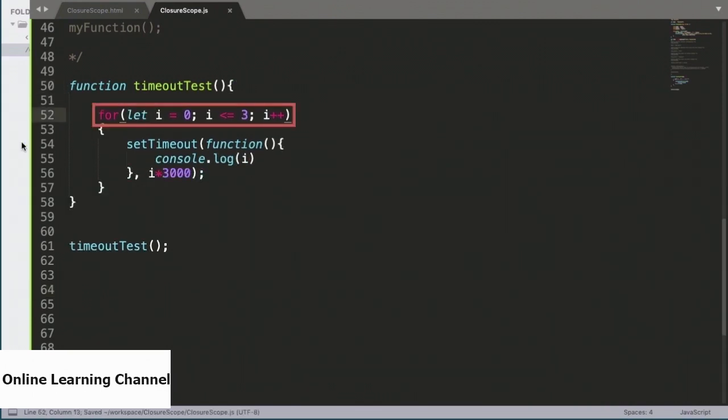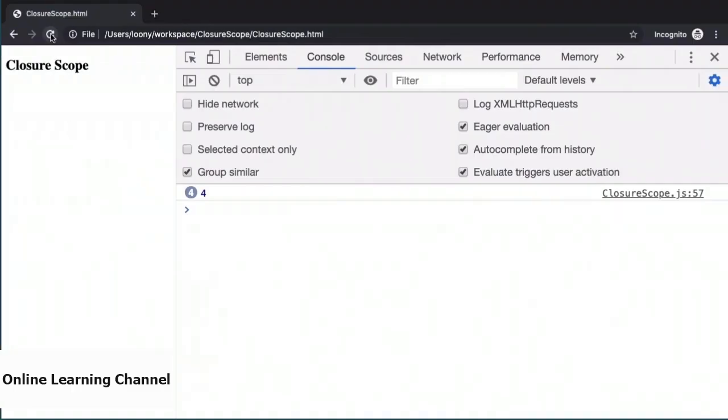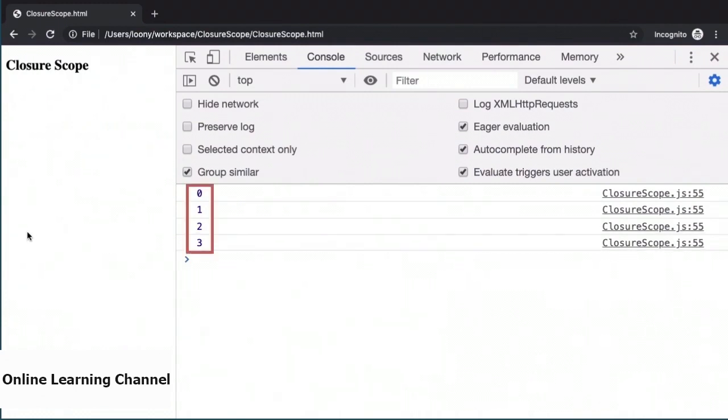So in this case, the variable i is declared at the for loop level, and it is the value of i which will be passed in to each of the 4 functions. So saving down our changes and then reloading the page in the browser, we get the values of i from each function call, and they now appear as 0, 1, 2, and finally